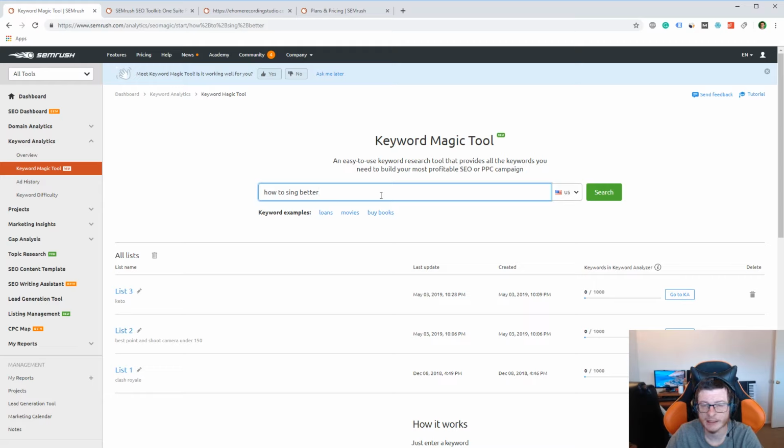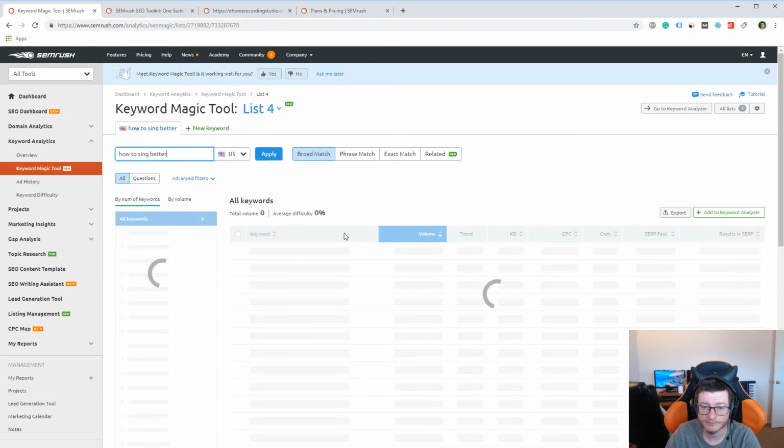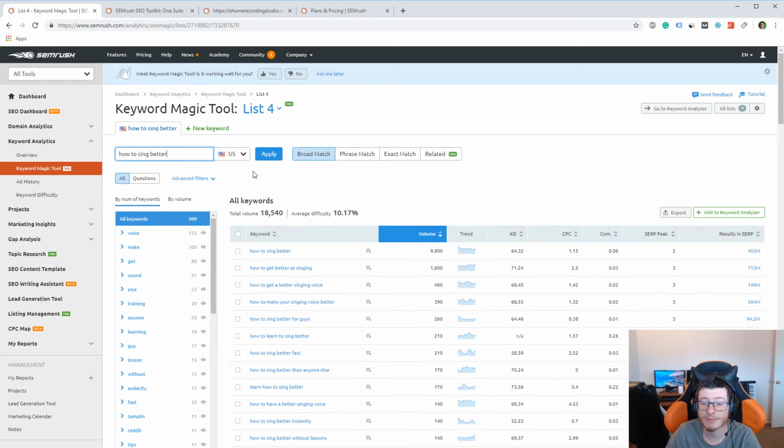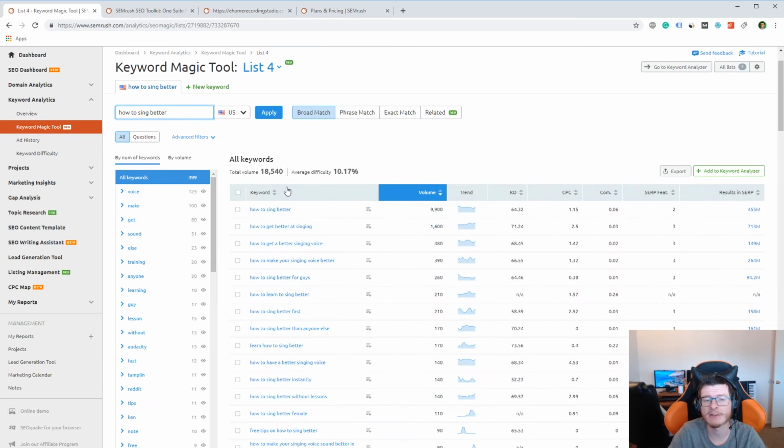Recently, SEMrush has been adding a lot of different tools to help you with SEO, obviously, but in this case, a little bit more specific to your website and tools to help you find or research those different things. In this case, this is to help you find keywords. If we go ahead and search for that same keyword, we're going to see a little bit of different statistics. Rather than an overview of the volume of that keyword, we're going to see a bunch of keywords that are like this. This is very similar to tools like KeywordFinder, which will help you find ideas for articles